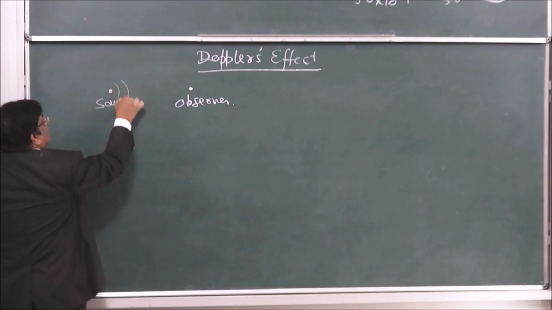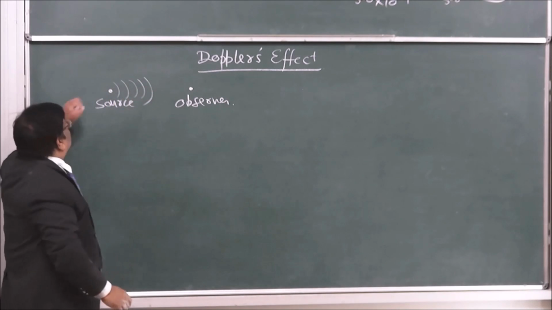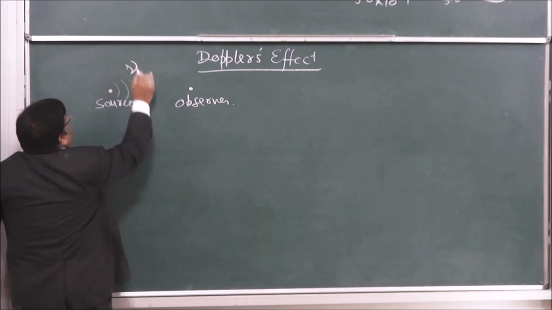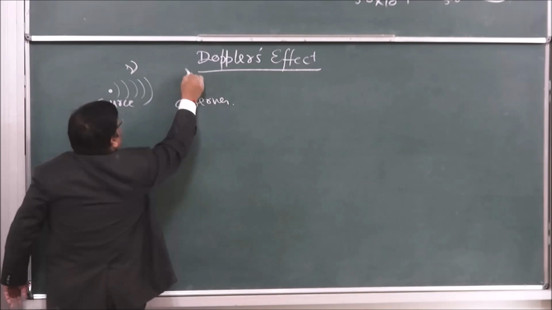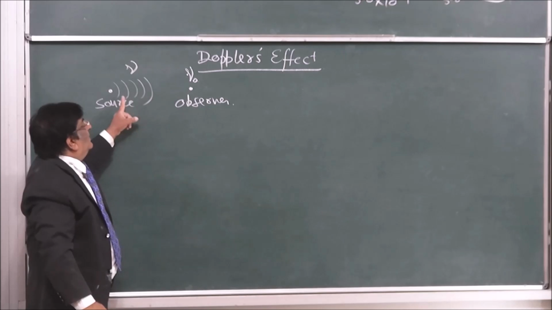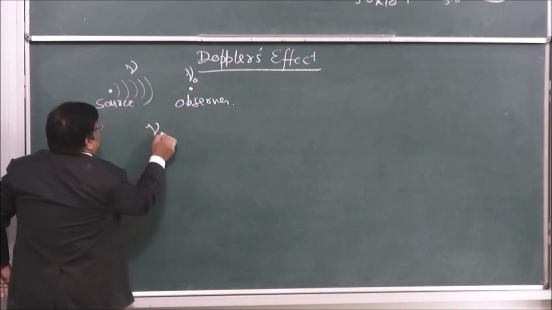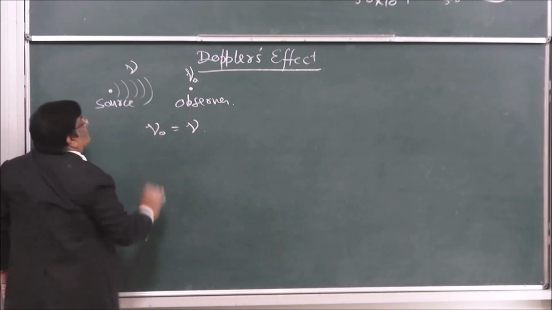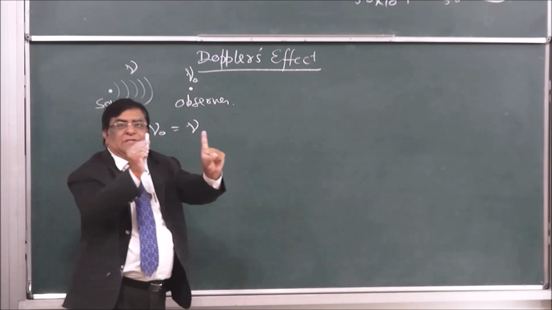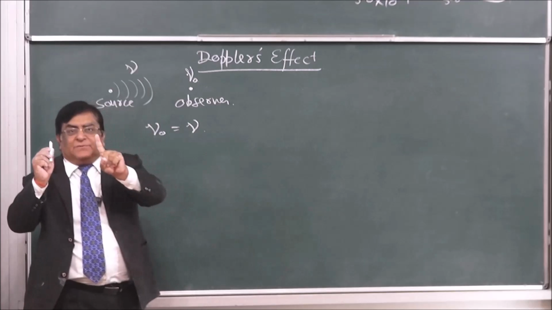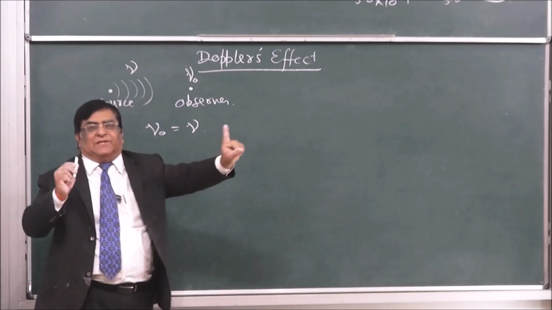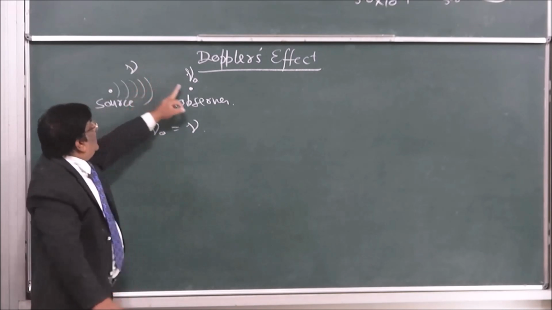And this is generating out the waves with certain frequency nu. He is listening with nu naught. If there is no relative motion between the two, then nu naught is same as nu. There is no relative motion between the two, they are moving with the same speed. But if speed of one is more and this is less, the distance is increasing, then the apparent frequency of